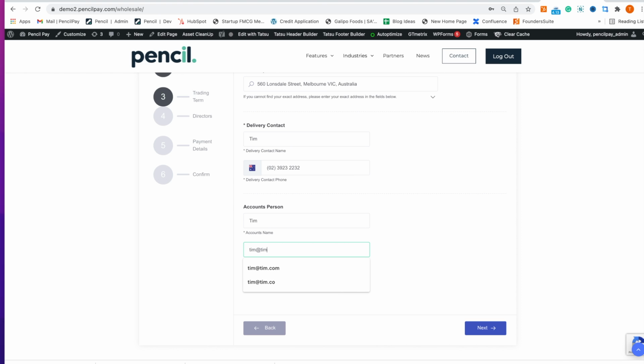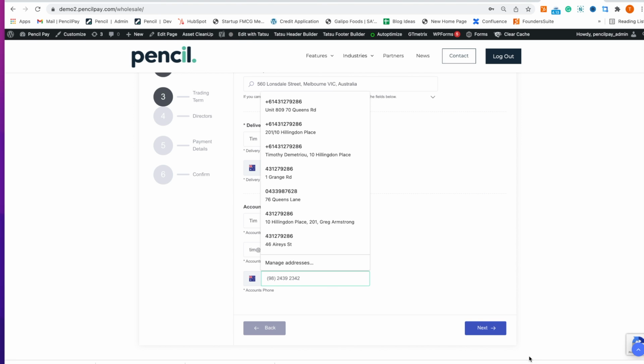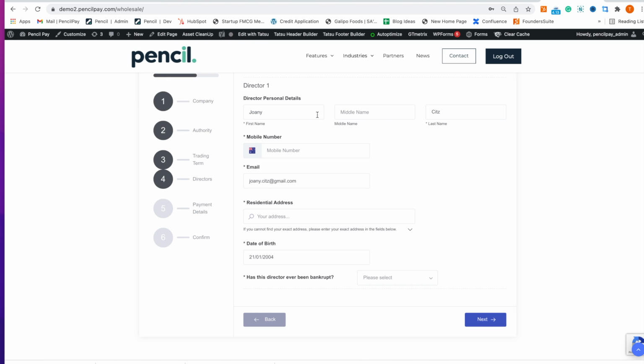Okay, so next we've got the director's details themselves. You'll see that it's populated from the previous screen in step 2 because we entered the agreement as a director, and they've just had to fill in a couple of missing pieces. And then you've got the ability here to be able to